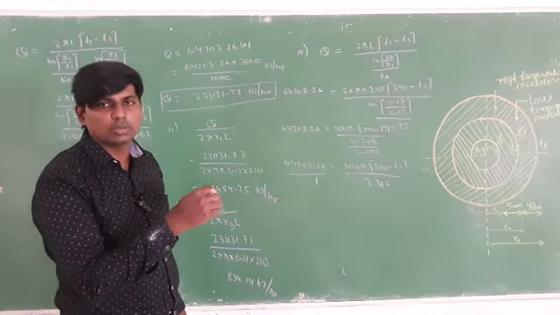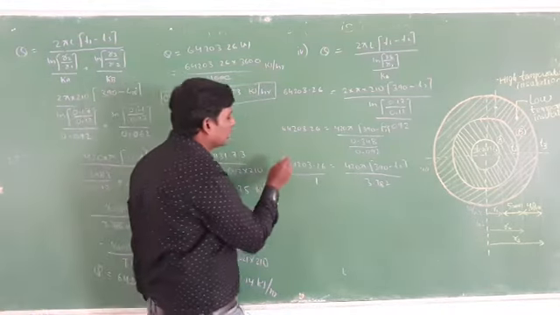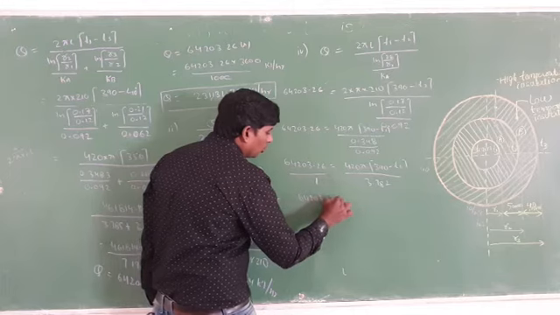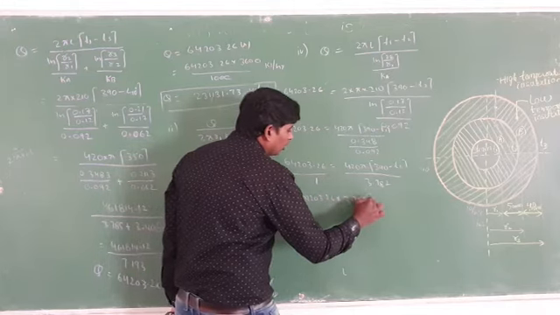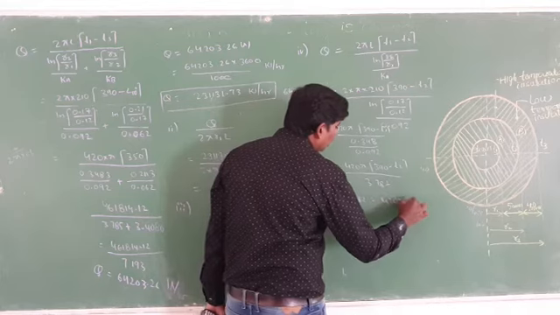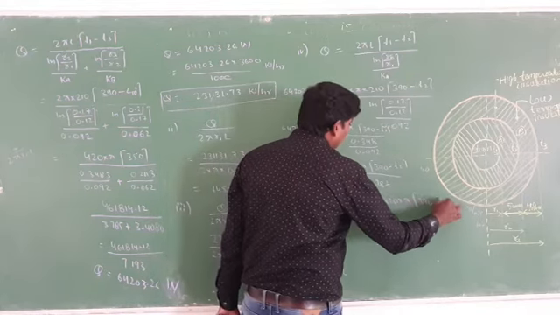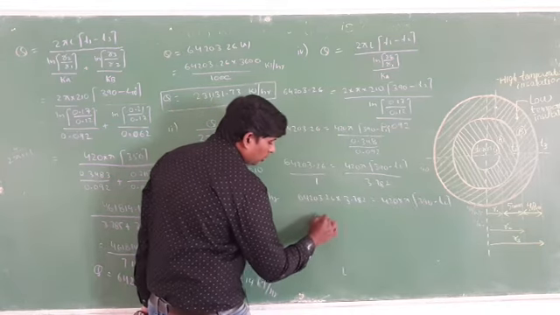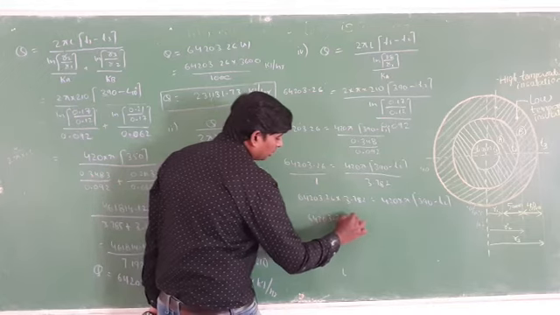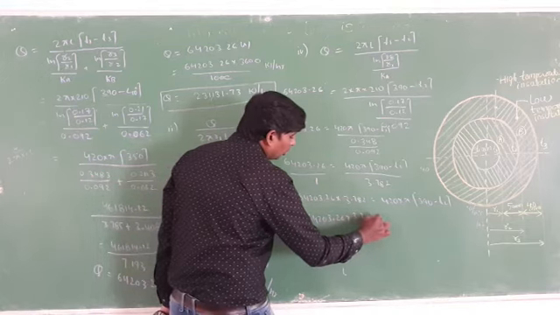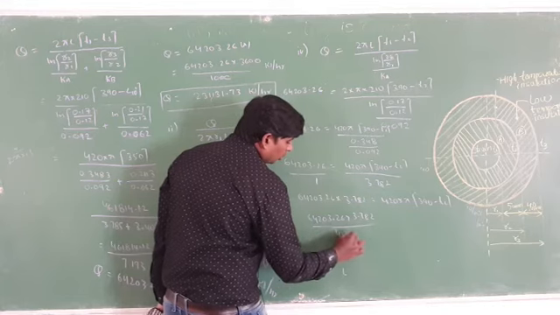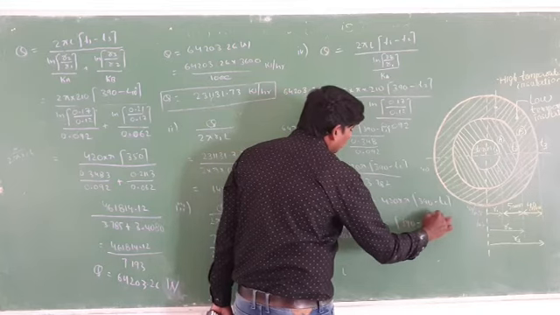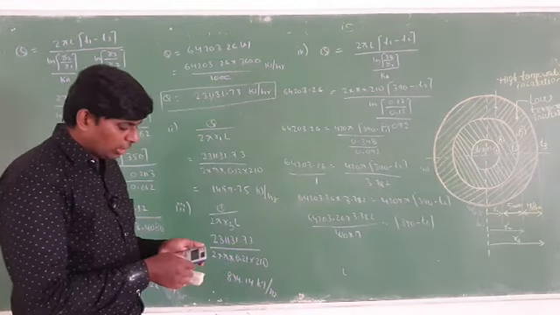Next step, you have to go for cross multiplication. As you can see, 64203.26 into 3.782 is equal to 420 into pi times 390 minus T2. This 420 into pi you have to shift to this side. So 64203.26 into 3.782 by 420 into pi is equal to 390 minus T2. So this value you have to solve.